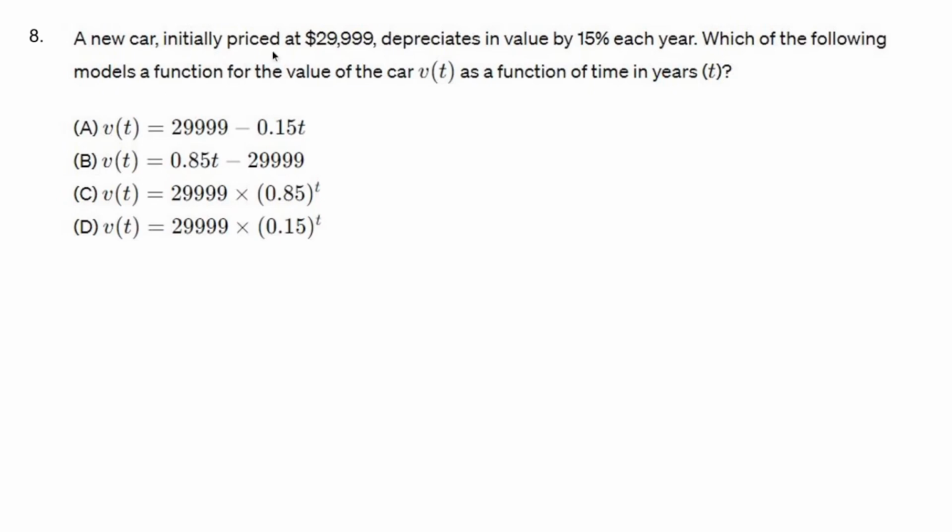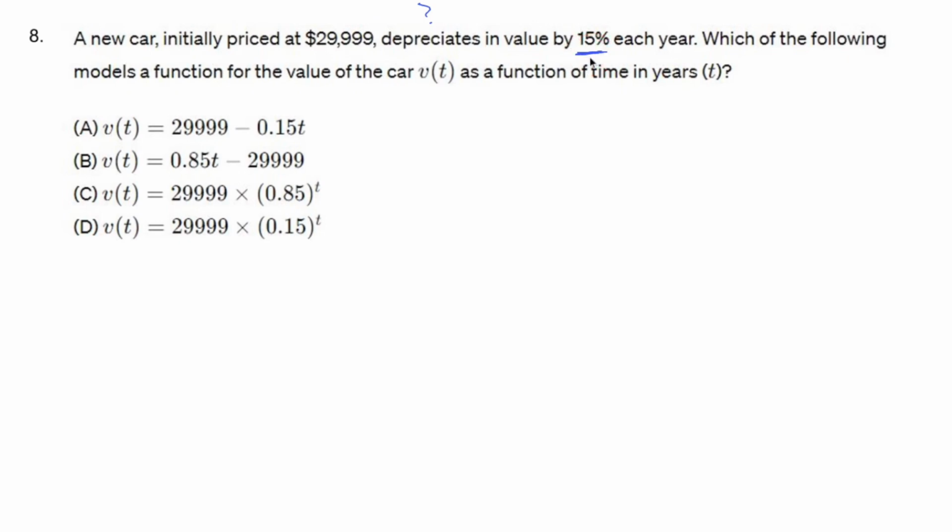A new car initially priced at $29,999 depreciates in value by 15% each year. Depreciates means loses its value. Which of the following models a function for the value of the car, V of t, as a function of time in years? Now, if something's going to lose its value by 15%, what's happening is going to be exponential